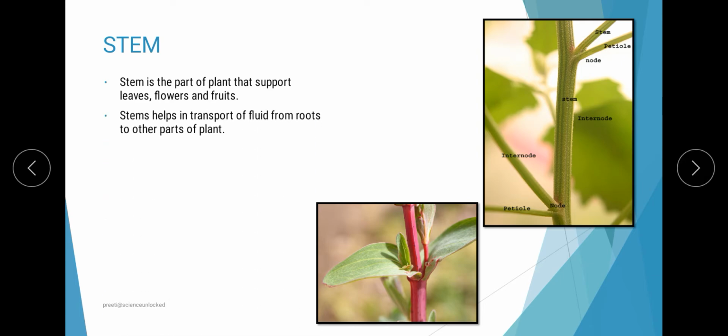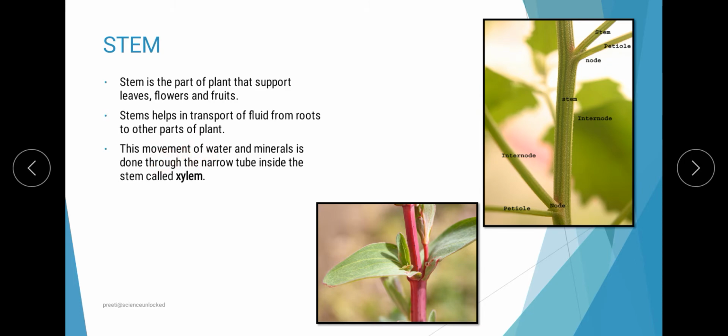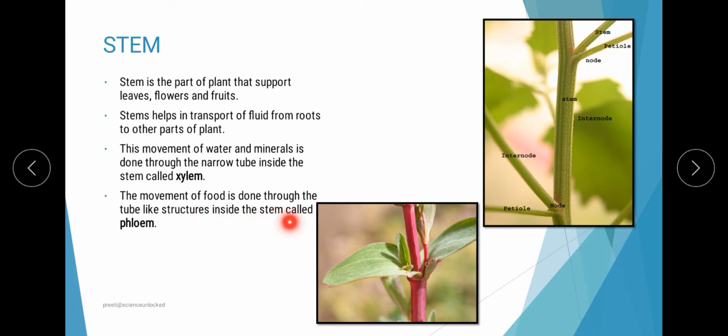Now over here we will find that stems have a modification by which they are able to move certain content throughout the plant with the help of xylem and phloem. These are two kinds of tissue present within the stem, where the xylem helps in the transportation of water and minerals throughout. On the other hand, the transportation or movement of food is done by the phloem, which is the second category of tissue in stems. Now these are the very basic ideas that you should have with reference to the stem.